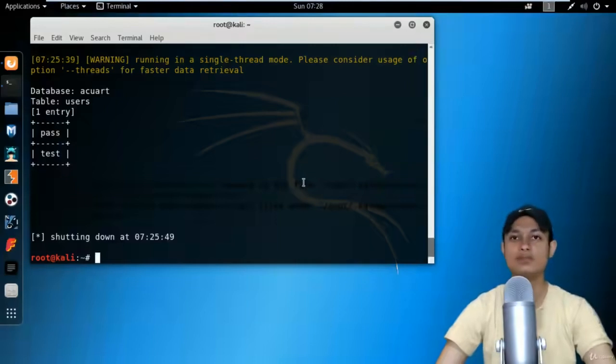So I suggest you don't try this on any other websites without any permission of the owner. Right? If you perform this kind of attack on any website without any permission, it will be considered illegal work. So just for your security, I'm warning you that don't try this on any website without any permission. Alright, so that's all about SQLmap,